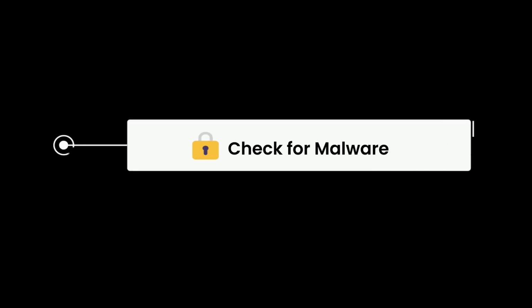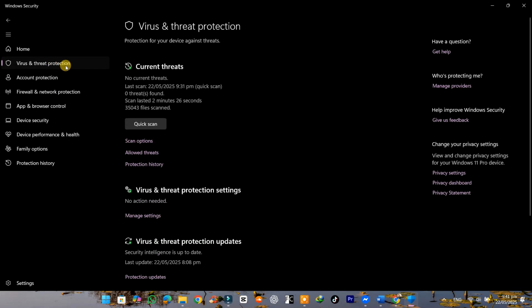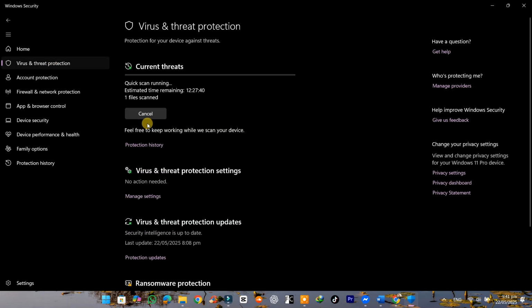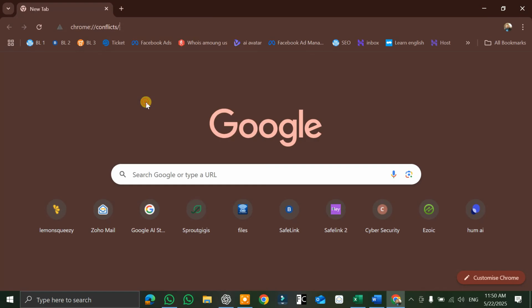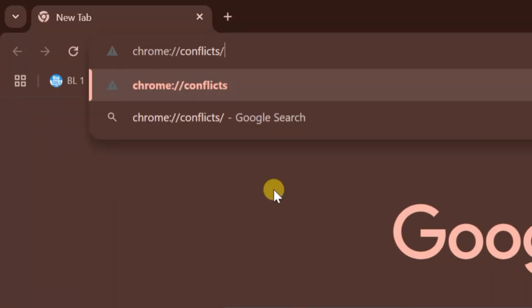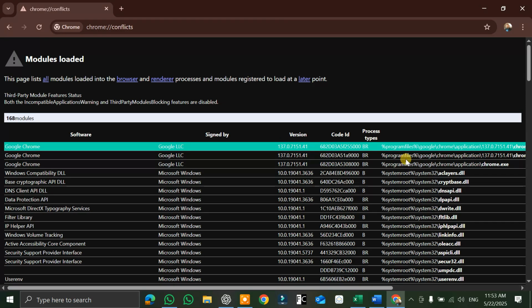Check for malware. Malware can interfere with your browser's performance. Run a full scan using Windows Defender or Malwarebytes. Check for conflicting software. In the address bar, type chrome:/conflicts/